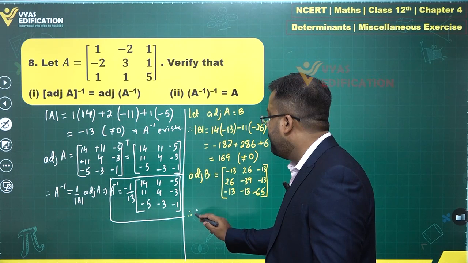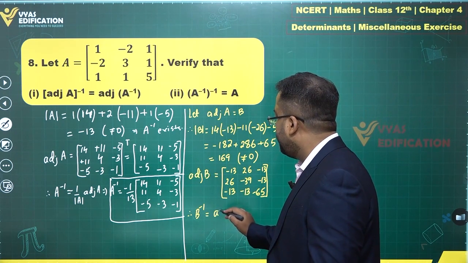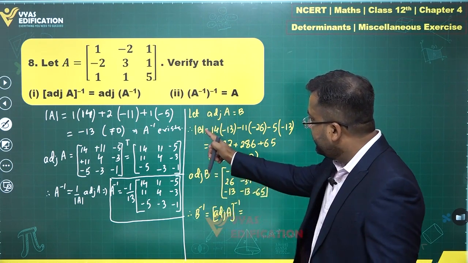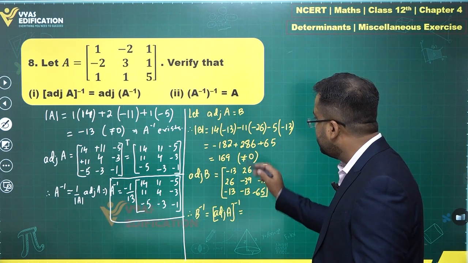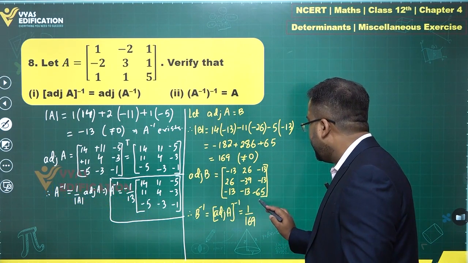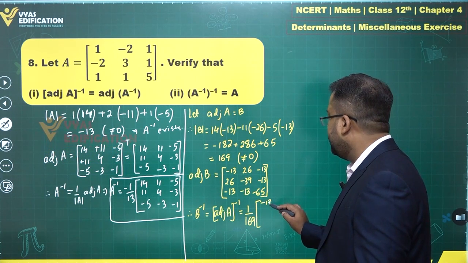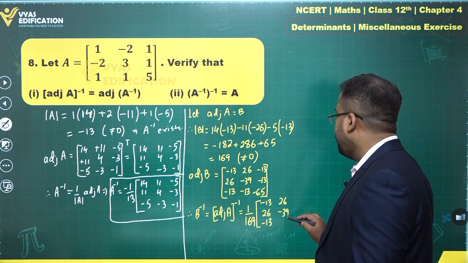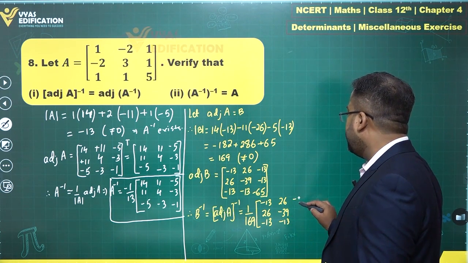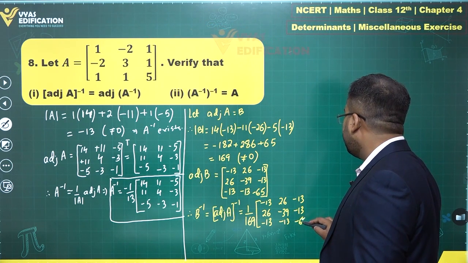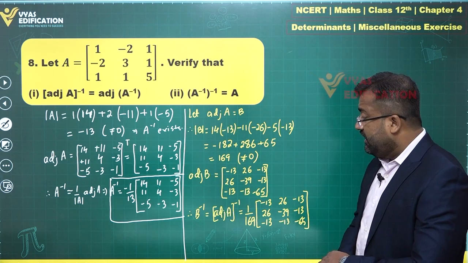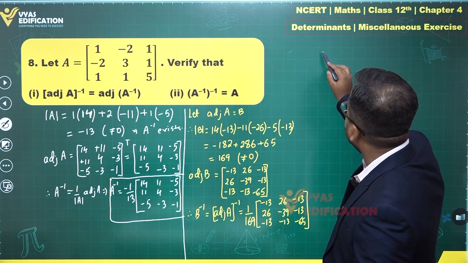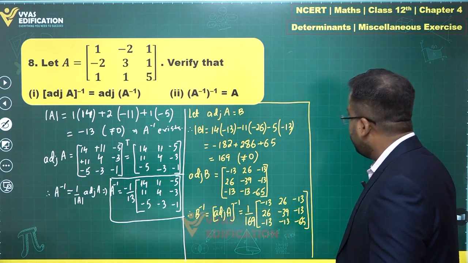Therefore, B inverse, which is actually the inverse of the adjoint of A, is equal to the determinant of B in the denominator, 1 upon this. This is 1 over 169 times this matrix. What is this? Minus 13, 26, minus 13, 26, minus 39 and minus 13. Then you have minus 13, minus 13, minus 65. Okay. And can we take out a factor of 13 common from all of these elements? Yes, we can. Therefore, what I'll get is